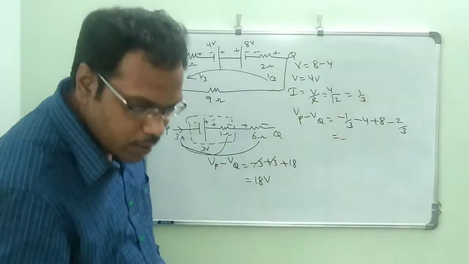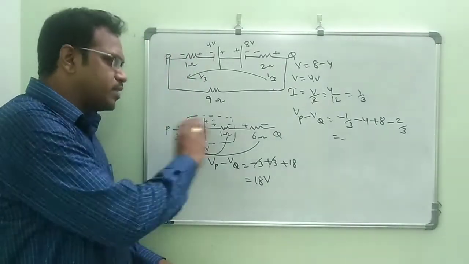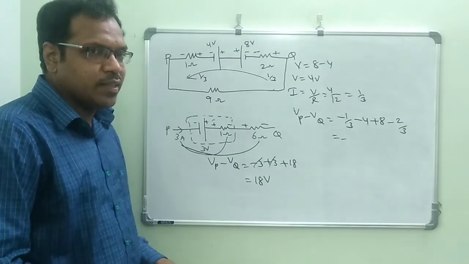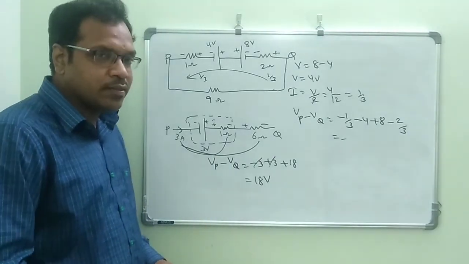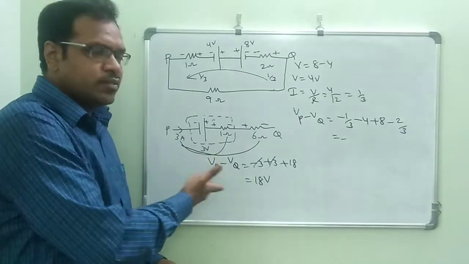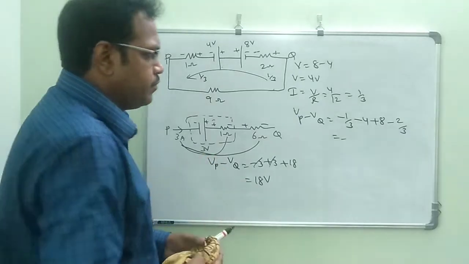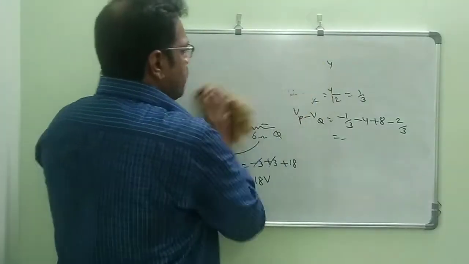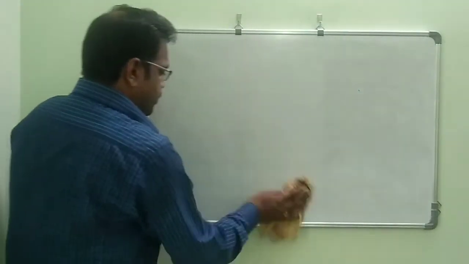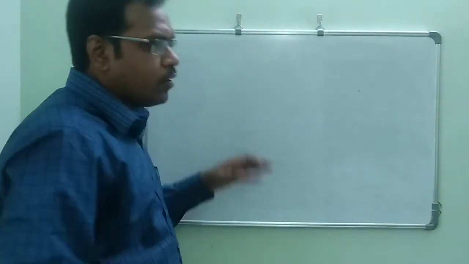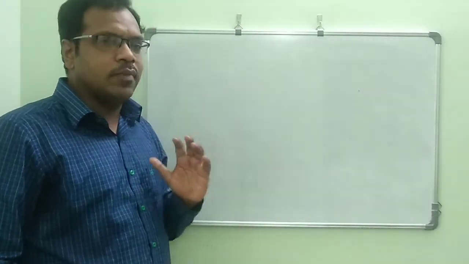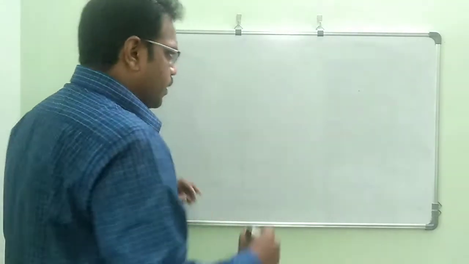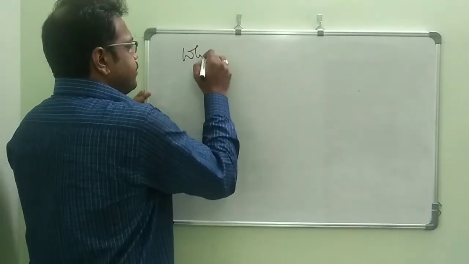Okay, like this we can calculate. It looks simple, but we need a lot of practice. Listen twice, practice twice. Okay, simple circuits. Next topic we'll go for Wheatstone bridge. Like that you can solve some problems, some circuits. NEET level is enough. So, Wheatstone bridge.